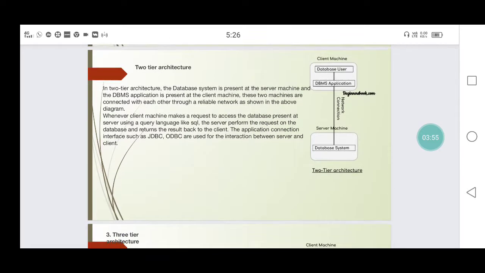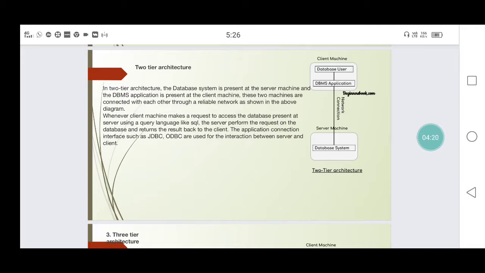Next, two tier architecture. In two tier architecture, the database system is present at the server machine and the DBMS application is present at the client machine. These machines are connected with each other through a reliable network, as shown in the diagram. Here the diagram is available.